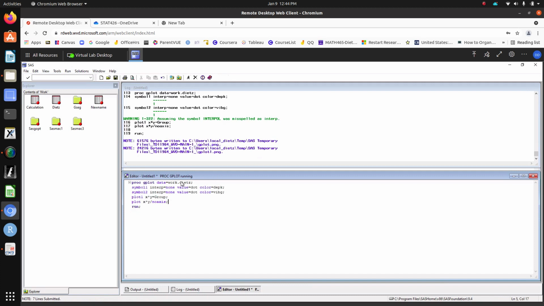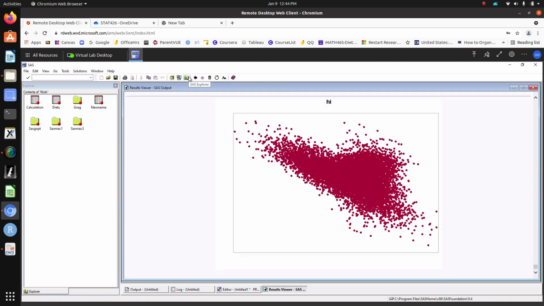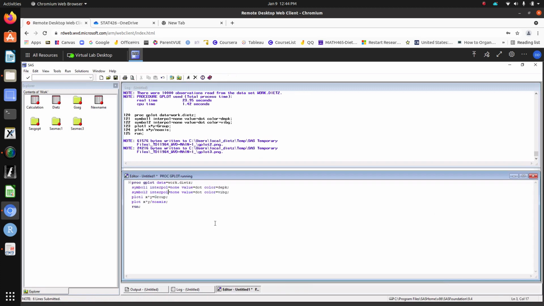So I've got symbol 1 and symbol 2, interpol. That's what my problem is. I said interp instead of interpol, so I made a typo. And so what'll happen is it's still not working. Great. Let's go back and figure out what we did wrong. Value is dot, color is deep pink and vibrant green. And